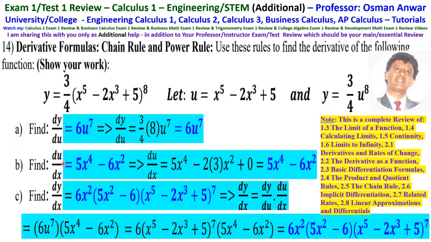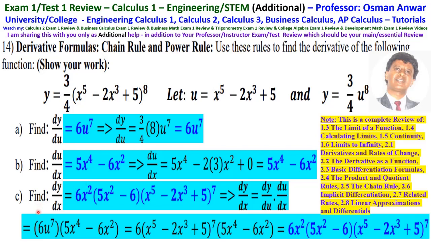Then B, find du by dx. Then that is 5x to the 4 minus 6x squared. Okay. Then to find dy by dx, multiply a times b. That is dy by du times du by dx. Du cancels du, that gives you dy by dx, and that is equal to